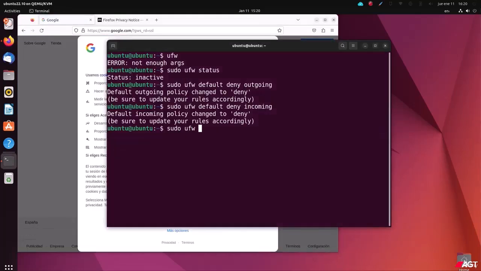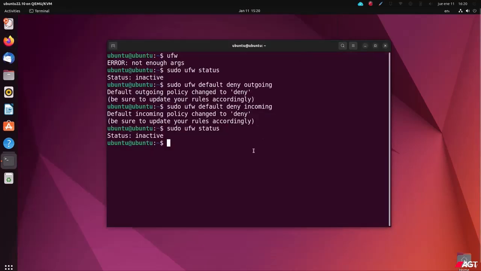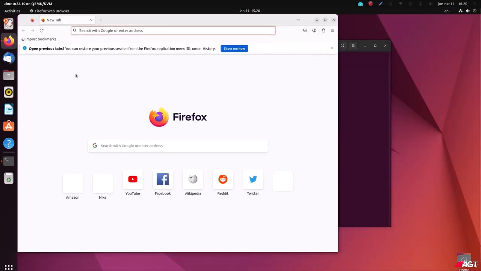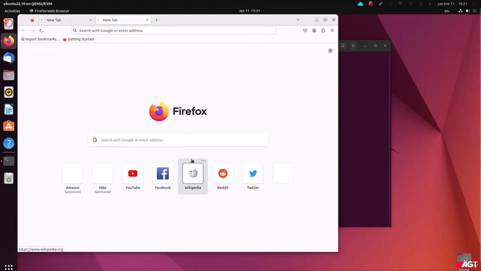Remember, sudo ufw status, it's inactive. So let's do that again. Let's enable it. Check the status. And now let's try to open anything that connects to the internet. And you'll see it just keeps loading forever, no matter what website we open, or no matter what we do,